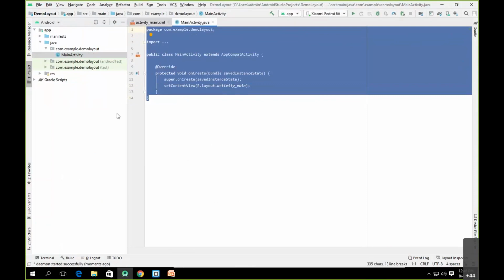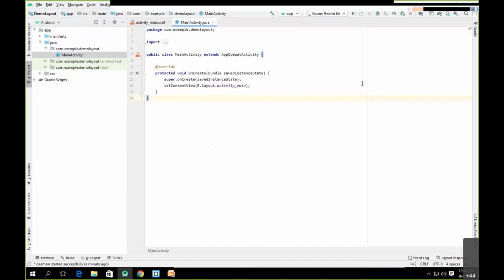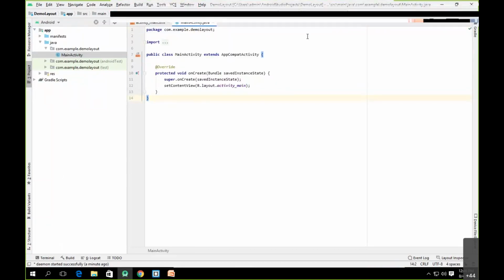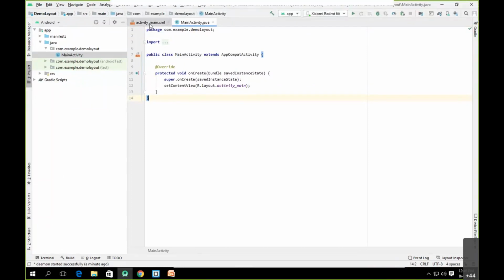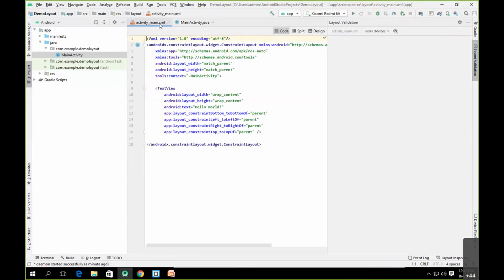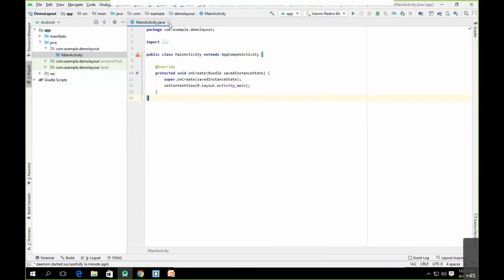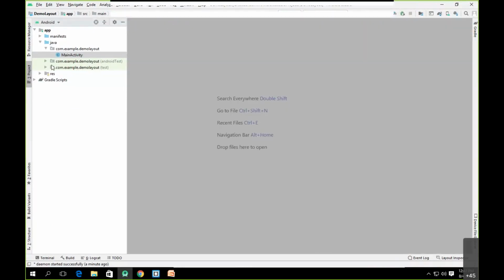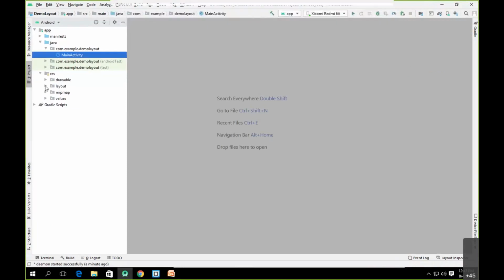So this file is not useful for us, but I need to go towards the layout. Where is this layout file available? It is available in this tab, or if you want to see the folder, you can go inside res, layout, and here all your layout files will be available. Currently only one activity is available, so there is only one XML file.